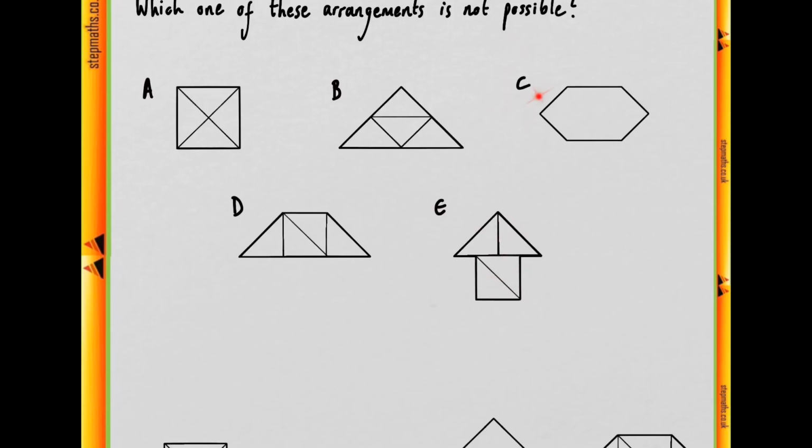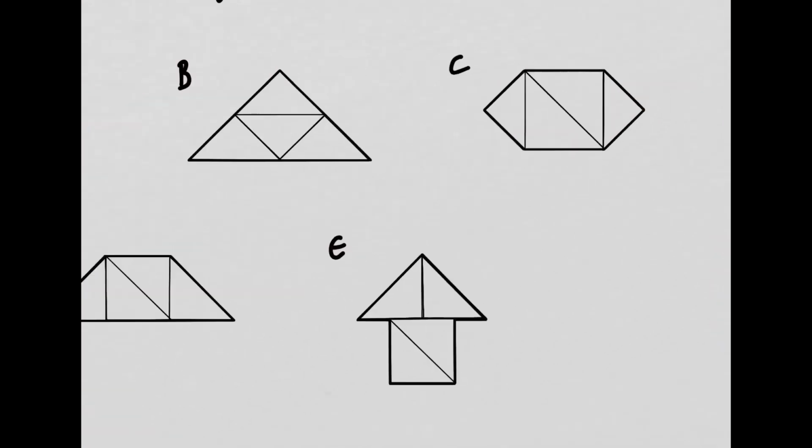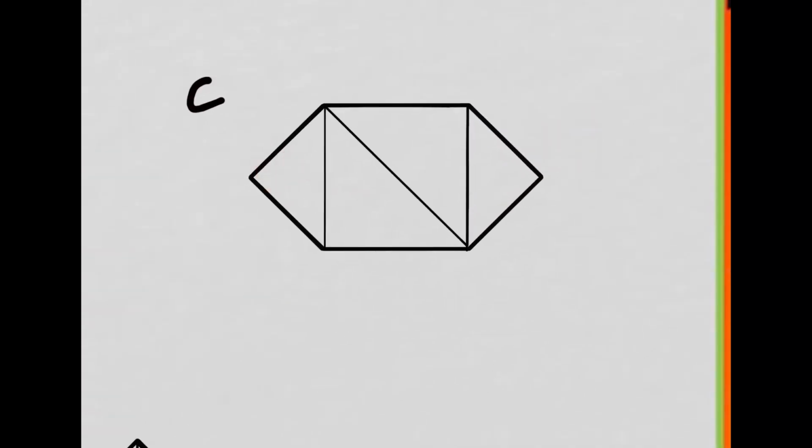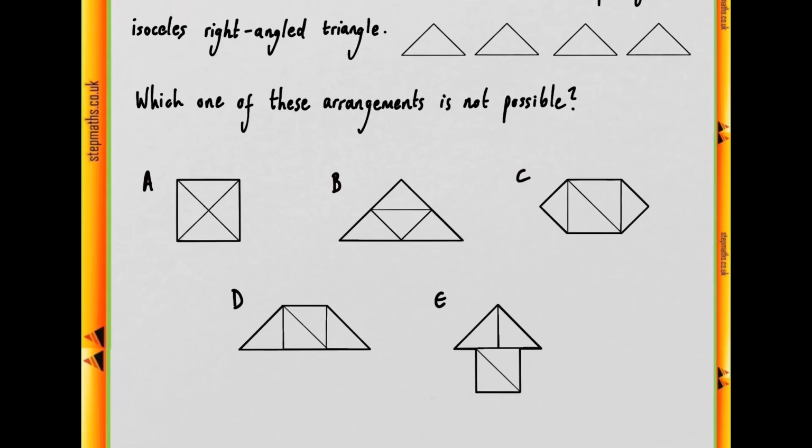And finally we have C to reckon with, which can actually be separated into 4 triangles, each with right angles, by doing this. But if we were to have a look here, we can see that these shapes are of different sizes, since this square is larger in relative terms than the size of each of these triangles when put together. Now, this is a tricky question insofar as you do have to make a value judgment on the size,